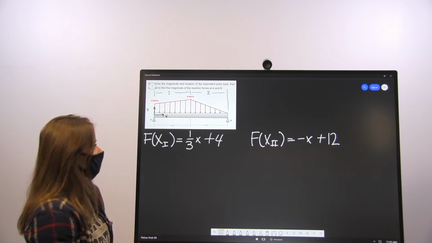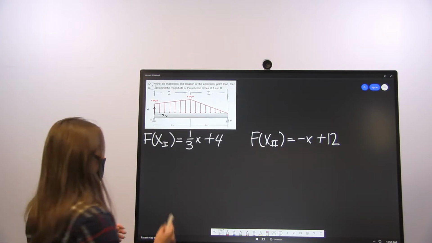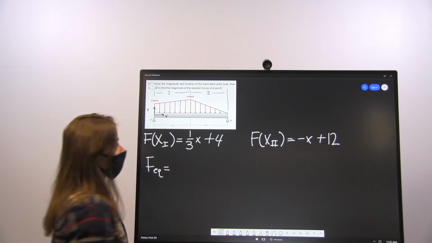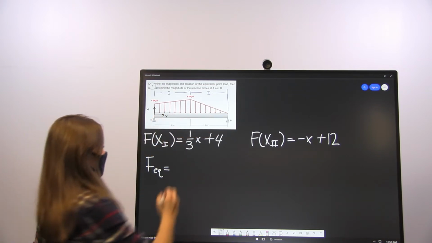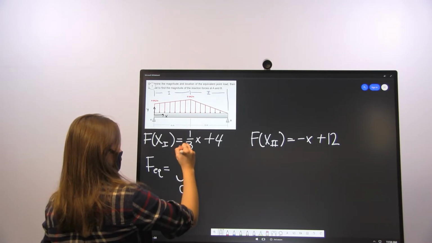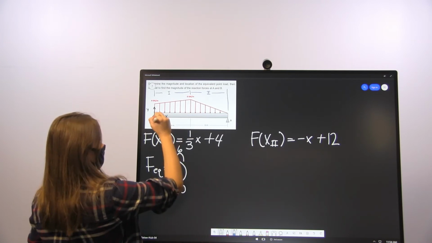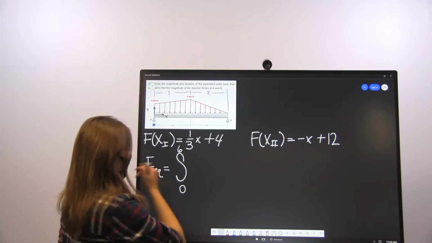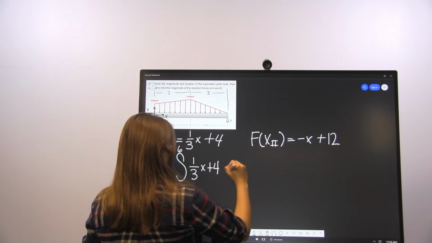So from here, we're going to want to take the integrals of these because that's what gives us our equivalent point. We're going to want to make sure that we add these together because these are both acting on the beam. This first one is only spanning from 0 to 6. This is our origin, our starting point over here. So that's going to be our 0 value. So the integral from 0 to 6 of 1/3 x plus 4 dx